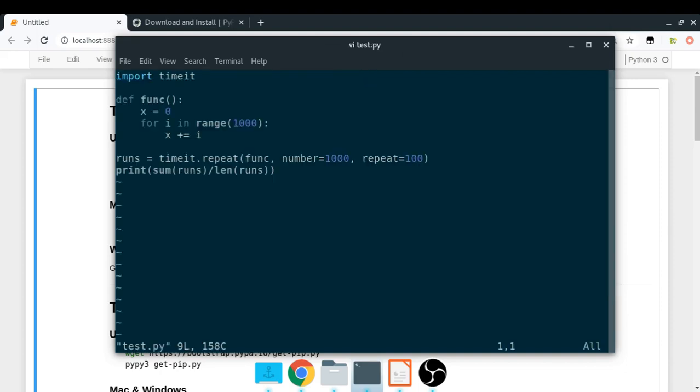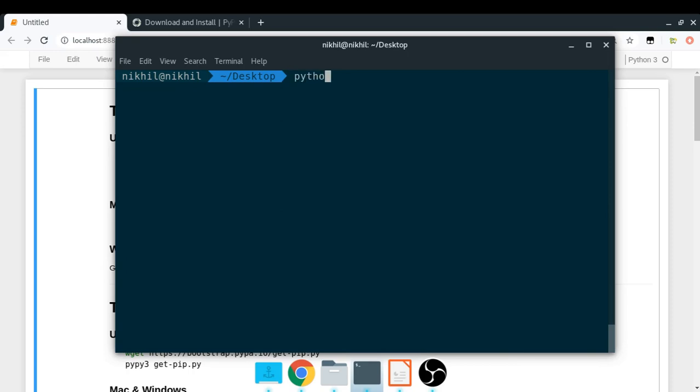I'm using the timeit module for timing the function run. This is a very simple function where there is a loop, and then I am just running timeit to repeat this function a lot of times, and then simply printing the average time it took to run all those repetitions, right? So I will simply do python3 test.py